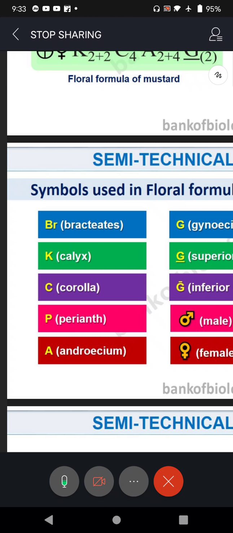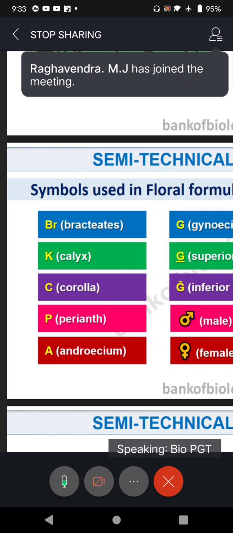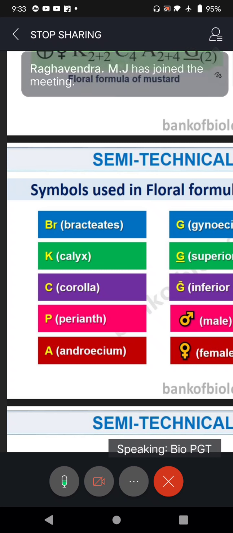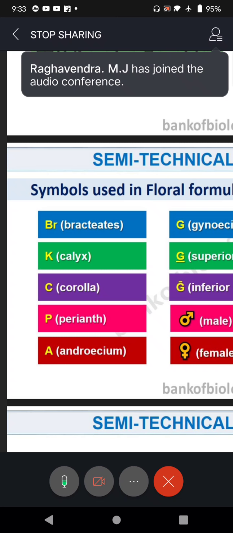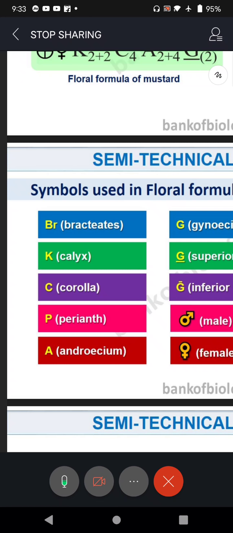A group of sepals present in a flower in the form of a whorl is calyx, and we count how many sepals are there. Is it a trimerous flower, tetramerous flower, pentamerous flower, polymerous? How many numbers are there? We will put that. Second, whether all the sepals are united or free. I said yesterday, if united, we will put a bracket; within the bracket. If they are free, no bracket.